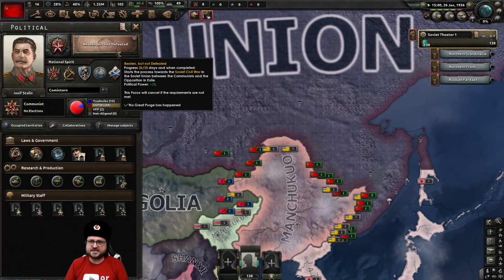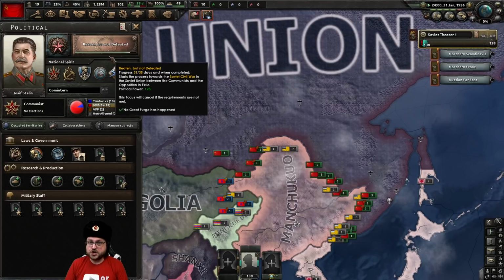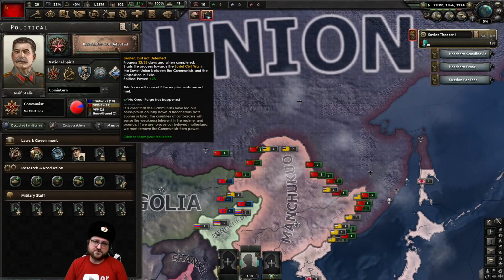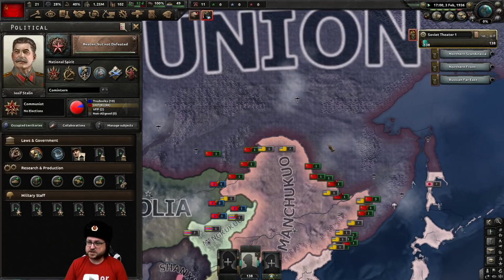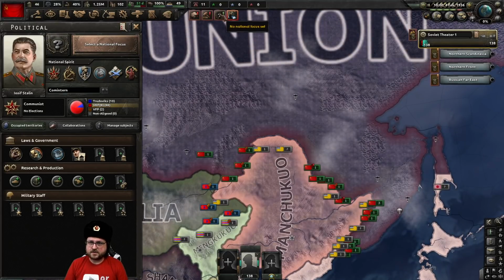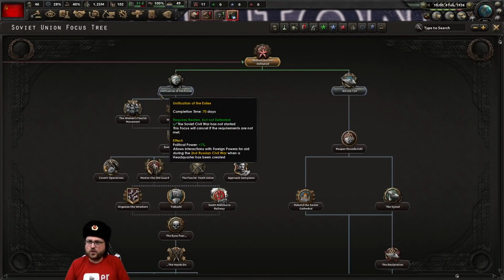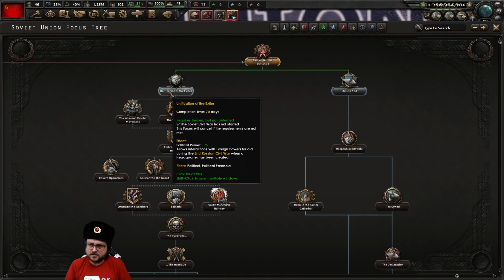So as soon as this finishes, I believe this is the one that unlocks the paranoia ideas. A lot of the ideas, or national focuses, are 35-day focuses. So there's a lot of them, but you do burn through them quicker than it might look. Okay, we're gonna grab our next one. Well, actually, what we could do before we go down here,